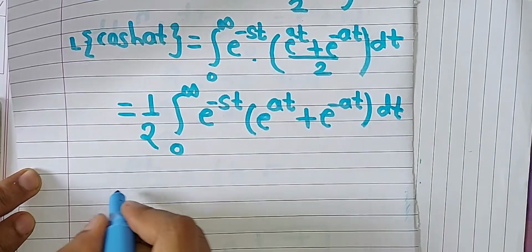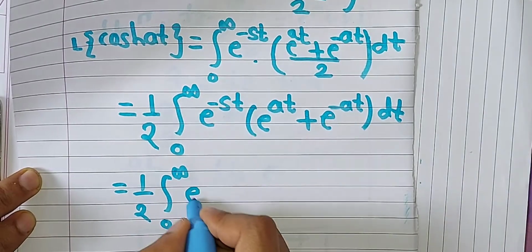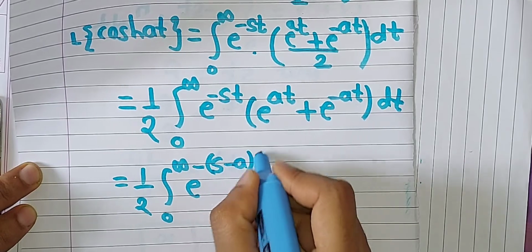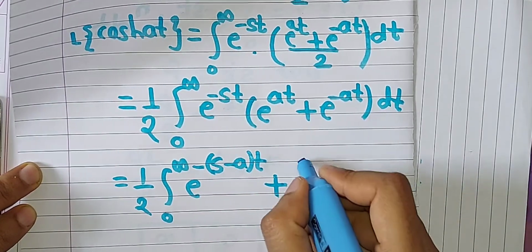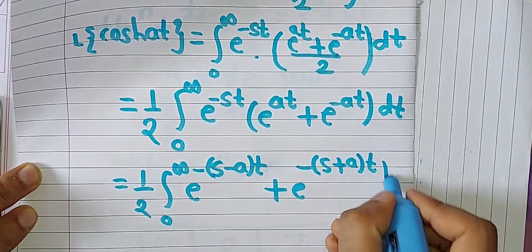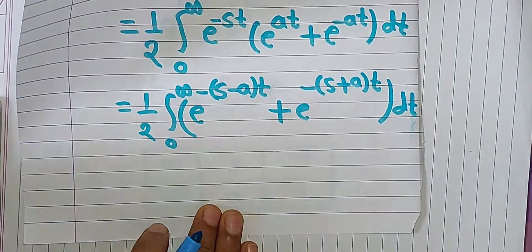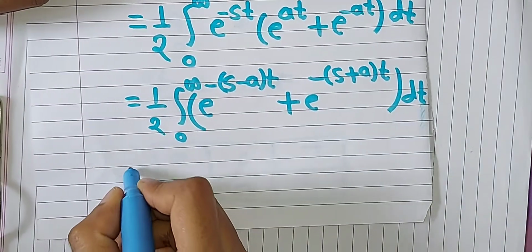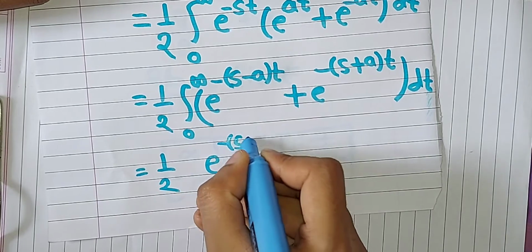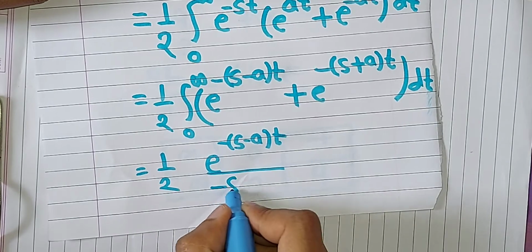Now solve this bracket. 1 by 2 into the integration from 0 to infinity, the first term will be e raised to, taking the minus sign as common, minus (s minus a) into t, plus e raised to, taking the minus sign as common, minus (s plus a) into t, into dt. Now solve this integration. The first term's integration is e raised to minus (s minus a) t divided by the coefficient of t, that is minus (s minus a),